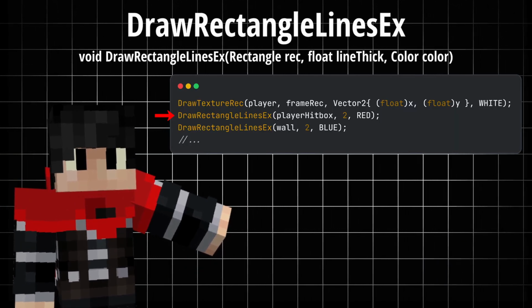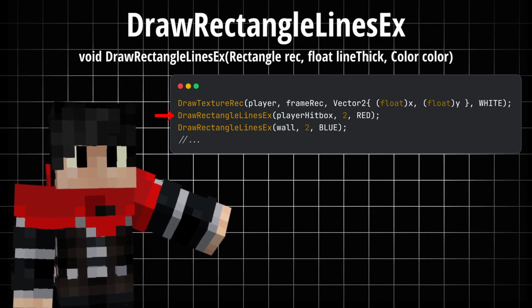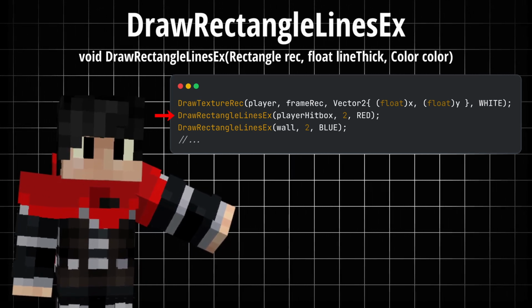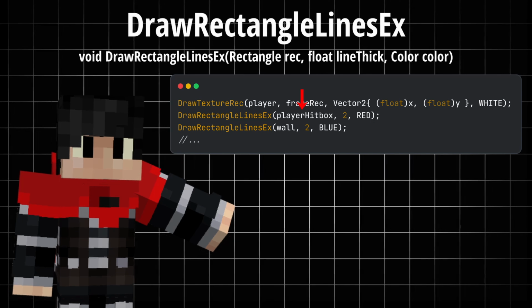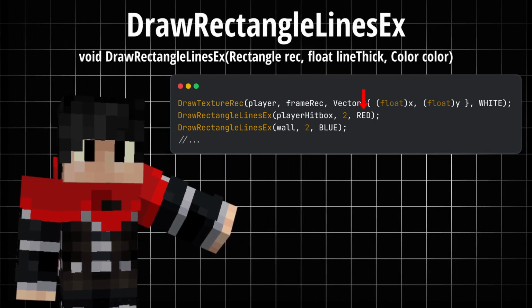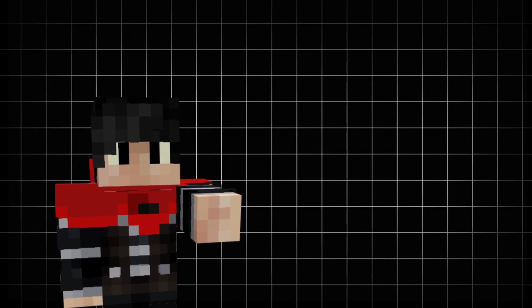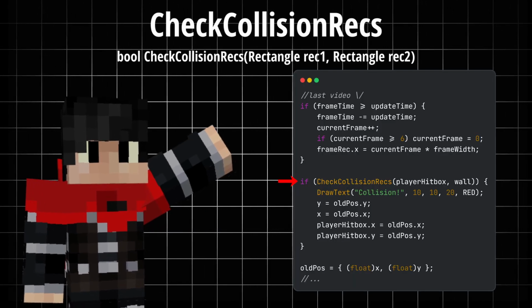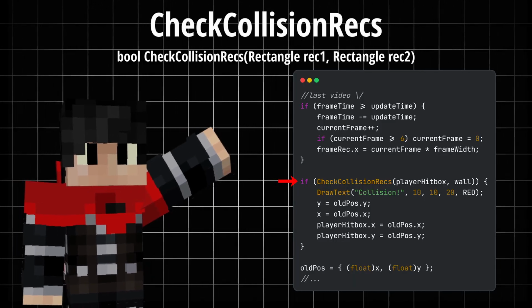To see the hitbox on the screen only in debug mode, we can use DrawRectangleLinesEx. This helps us visualize collisions by simply giving it the rectangle we just created, the thickness of the hitbox frame and the color. Now, to check if the two hitboxes are colliding, we can use the CheckCollisionRecs function, which simply